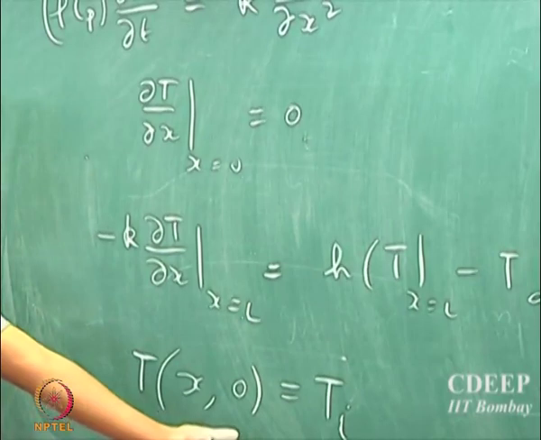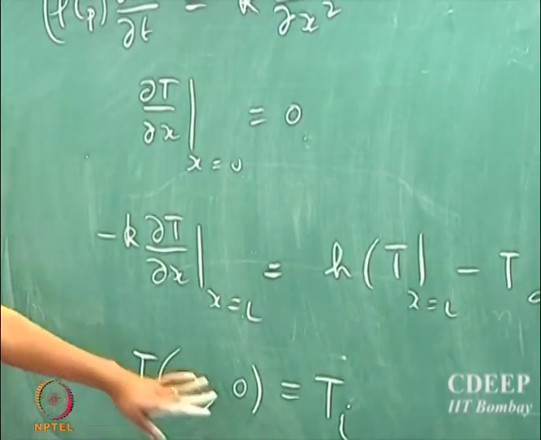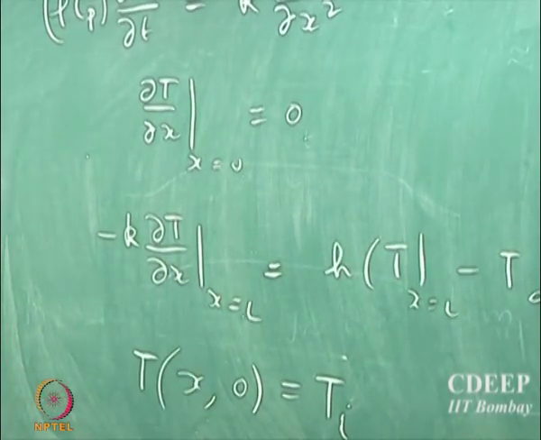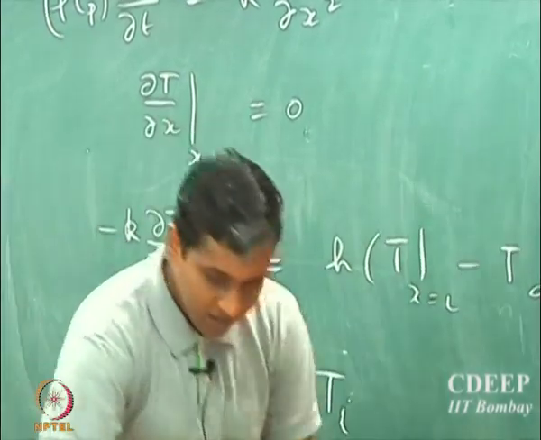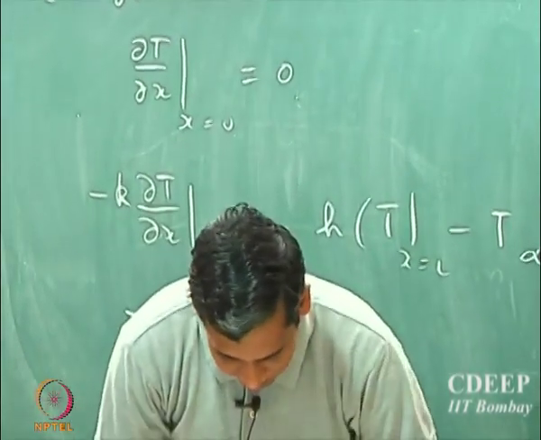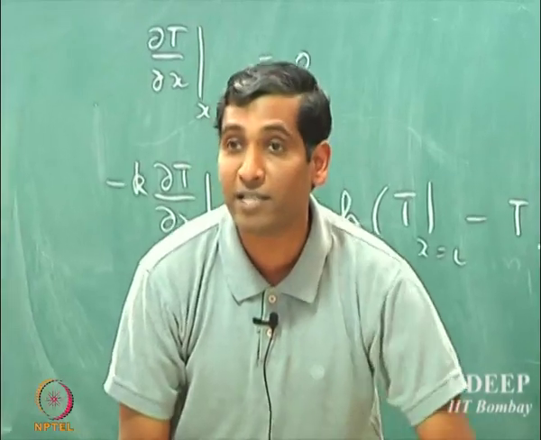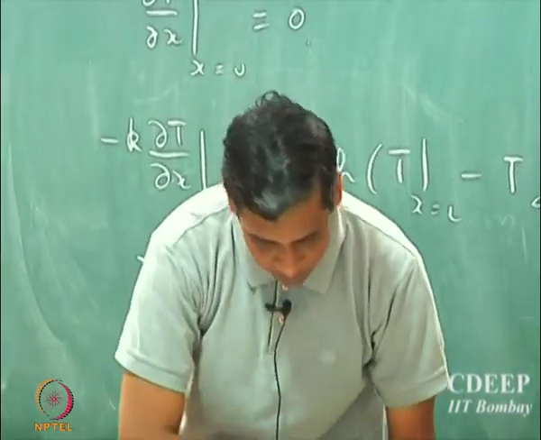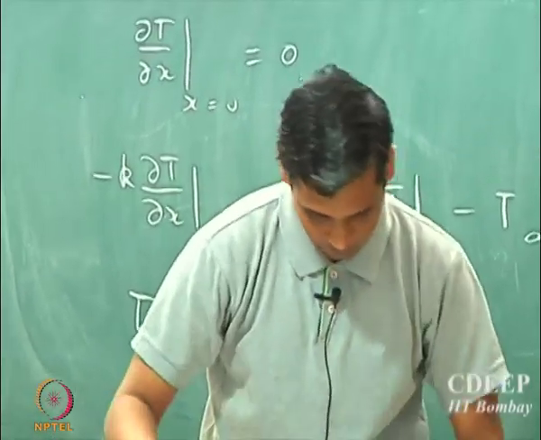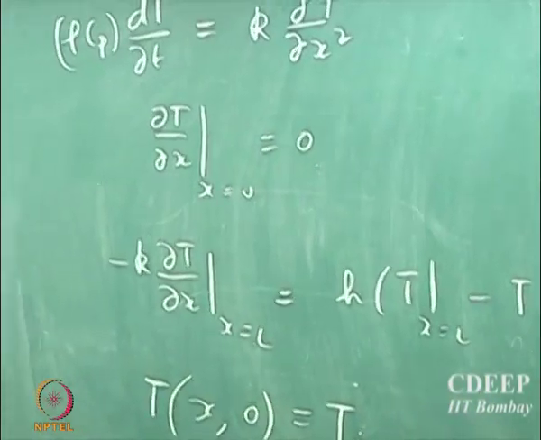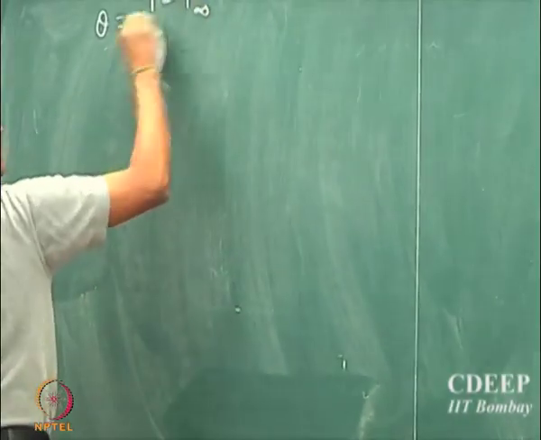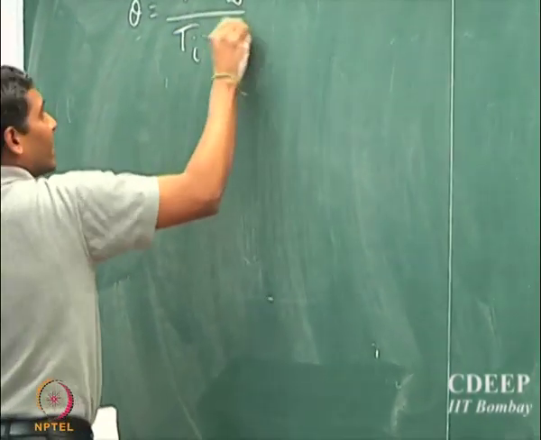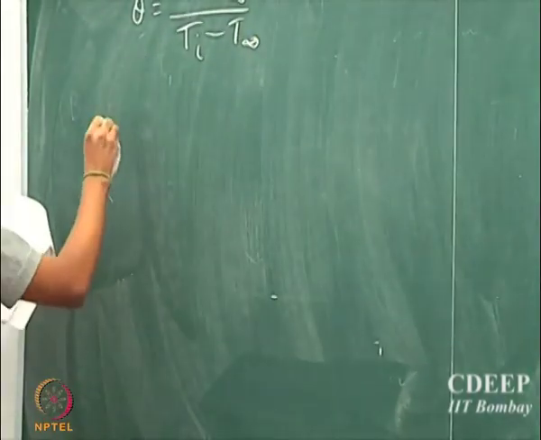So the initial temperature of the slab is uniformly equal to the temperature Ti, and one could even assume a certain temperature profile as an initial condition, but let's not worry about that right now. So we can solve this equation. I'm not going to do the math here. It's very similar to the way we did the separation of variables problem in the last lecture. The solution is, if I assume theta as T minus T infinity by Ti minus T infinity, and the solution will be